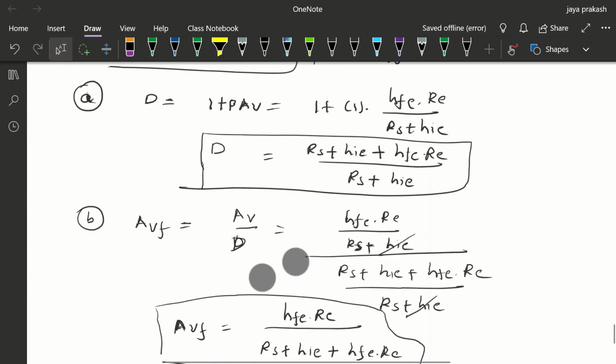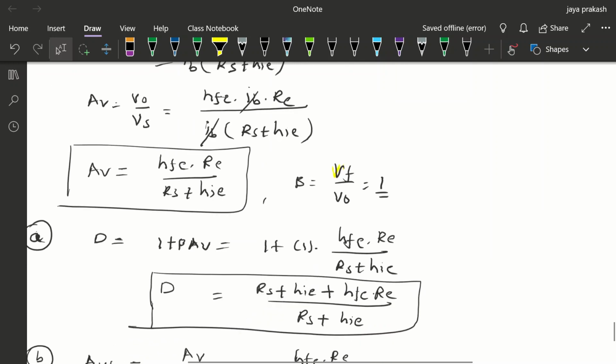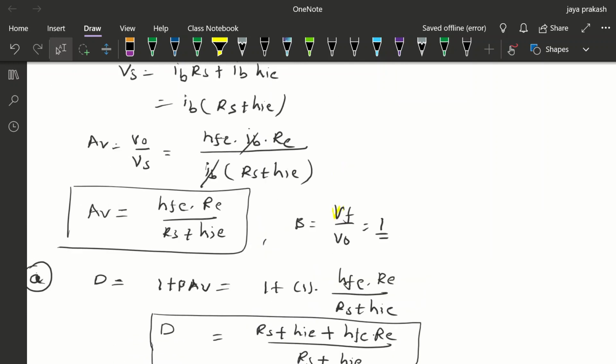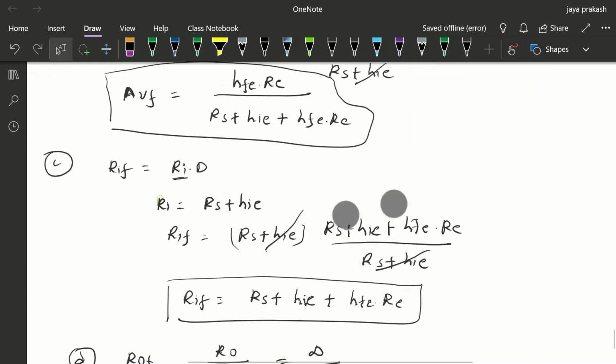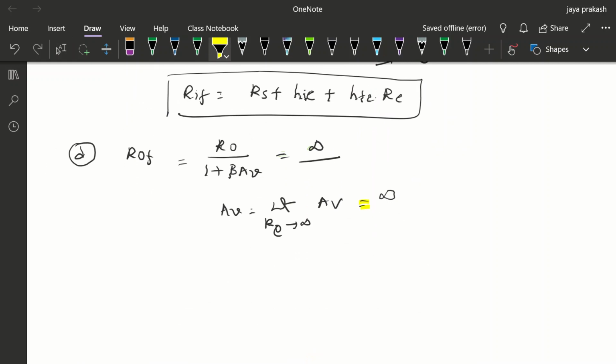AV is equal to, where we found, HFE into RE by RS plus HIE plus HFE into RE. If RE is infinite, all these terms will become infinite. So here the A suffix small v is also infinite. So it is equal to what? Infinite by infinite means not determined, indeterminate we can say. So this indeterminacy can